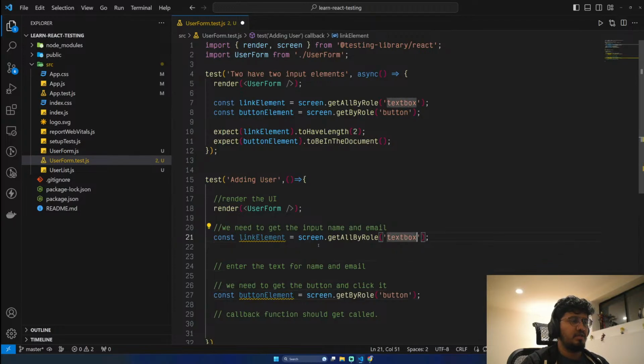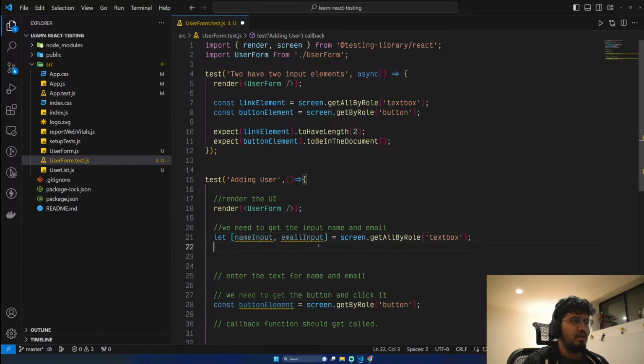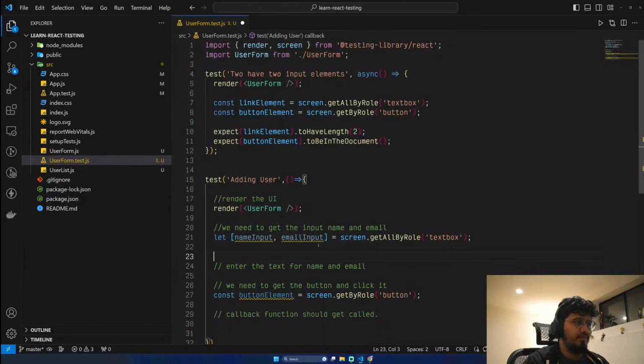As from the above test we know that we'll get two elements, we can destructure those two. Let's destructure those bad boys. So name input, as Stephen also did, and email input. Once we got hold of both of them, we need to